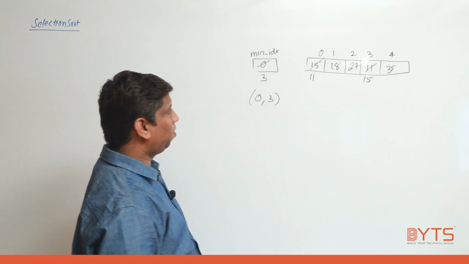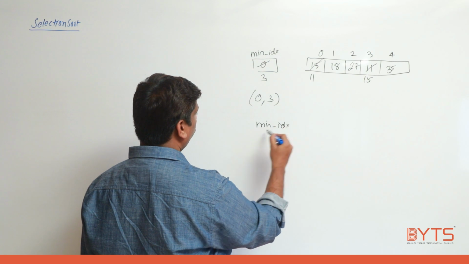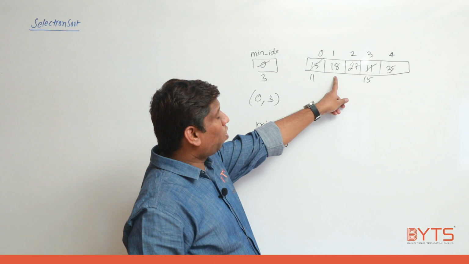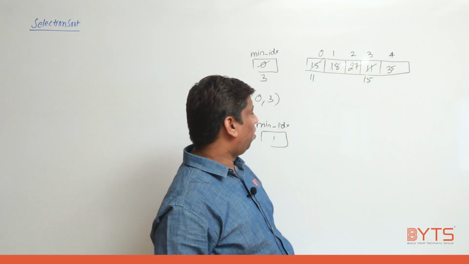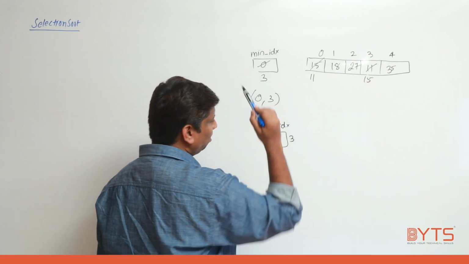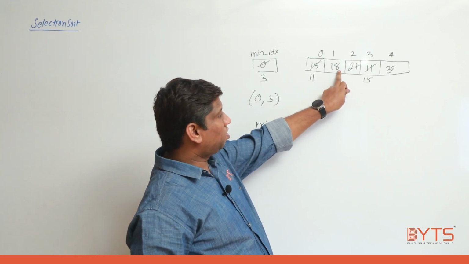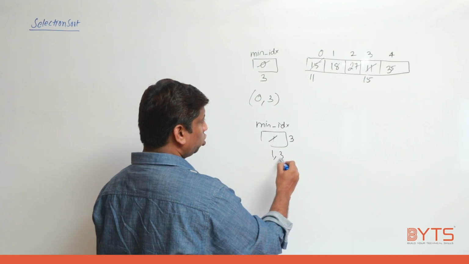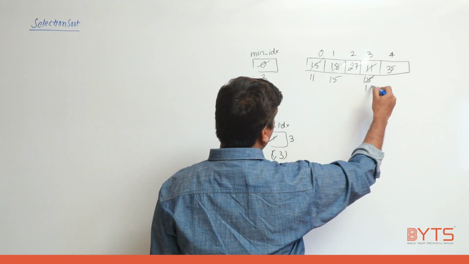Let us explain again so that we will get clarity. Let us take now min index as 1. So I assumed 18 is the minimum value. Next, what should I do? Among the remaining three, which is the minimum value? 15 is the minimum value. So once this loop is completed, I will get min index 3, right? 15 should be stored in the first location. Why? Because the min index initially we considered from 1. So 1 and 3 should be swapped. So 15 is coming here, and 18 is going there.